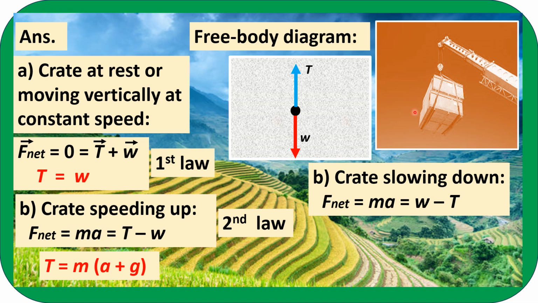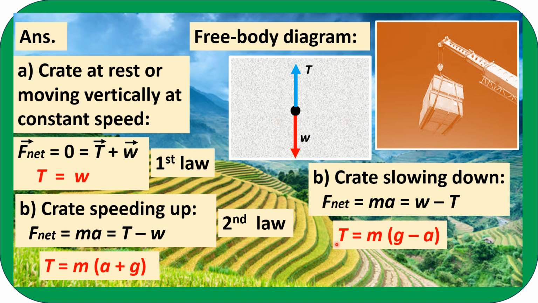Now, a downward net force happens because it is now the magnitude of the weight W that is greater compared to the magnitude of the tension force T. So our equation now becomes F net equals ma, that is equal to W, the magnitude of the weight, minus the magnitude of the tension force T. Isolating capital T, the tension force, we come up with this derived equation for this particular situation. Capital T is equal to the mass multiplied by the quantity g minus a,